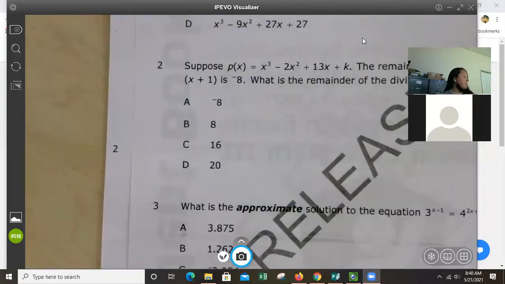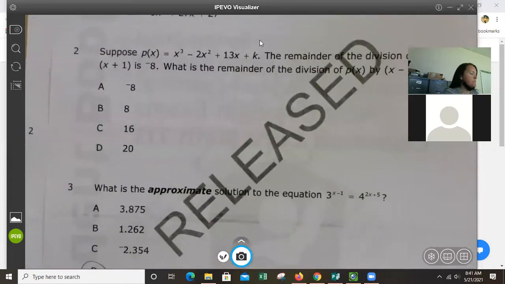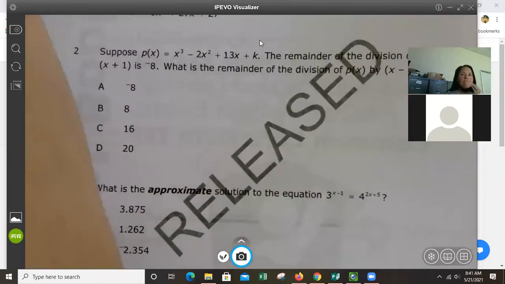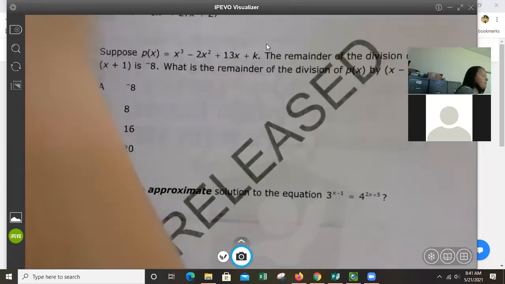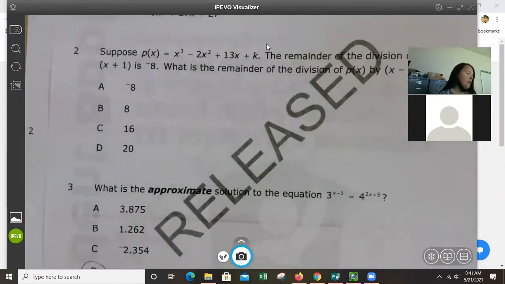We're going to start on the 2013 packet, and I'm going to start on number 2. All right, so it says suppose that P of X equals X to the third minus 2X squared plus 13X